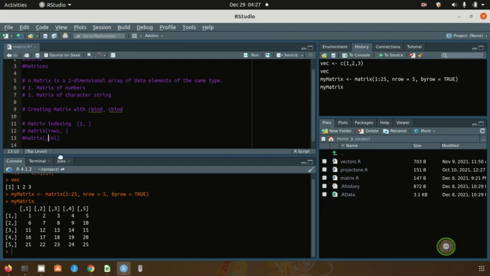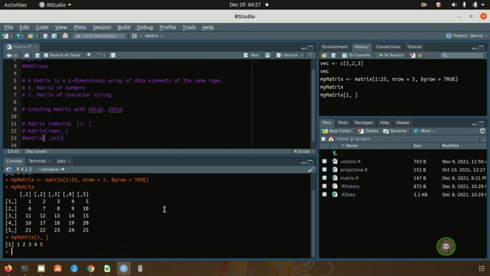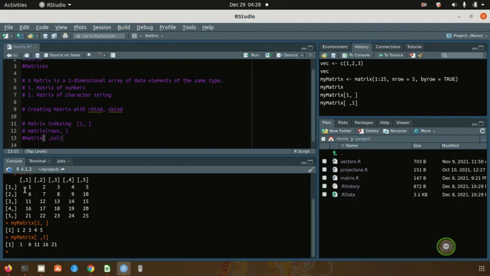It's very easy. But the scary thing is that you see in here there is a number and there is nothing in front. That's scary for some people, but it's not very scary, there's just a little trick. So for example, my matrix, say you want this one. It depends which side you put your comma. If you put your 1 and then your comma, it means you want the row, the first row, which is this one here. But if you do it the other way around, if you put your comma and then your 1, it means you want the column. So it's 1, 6,